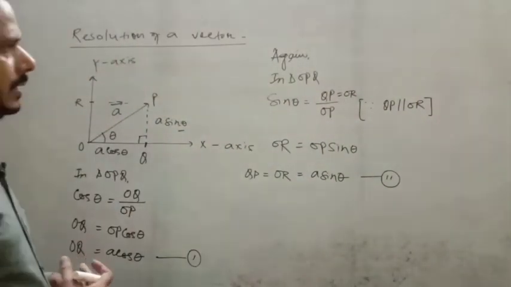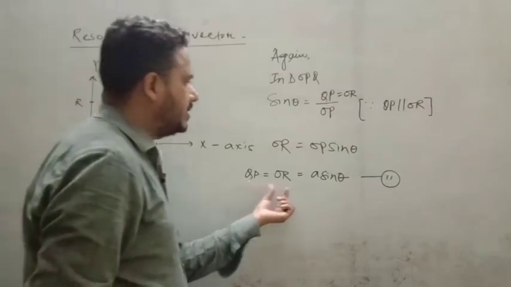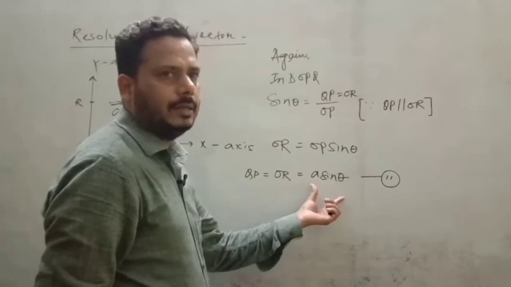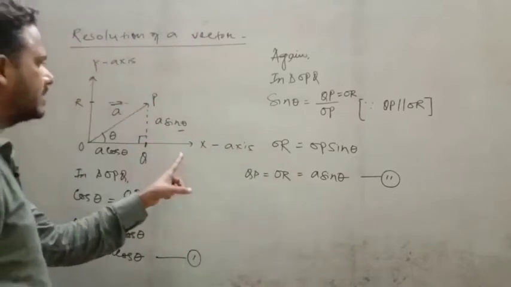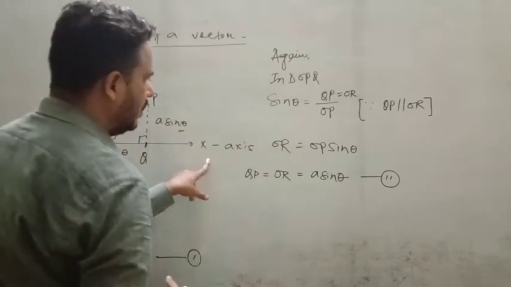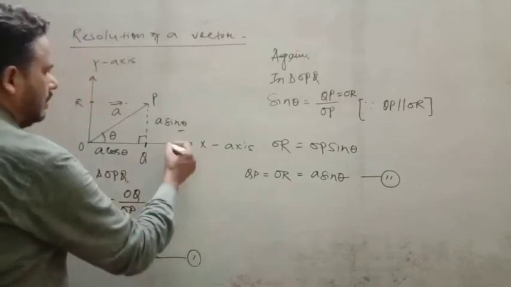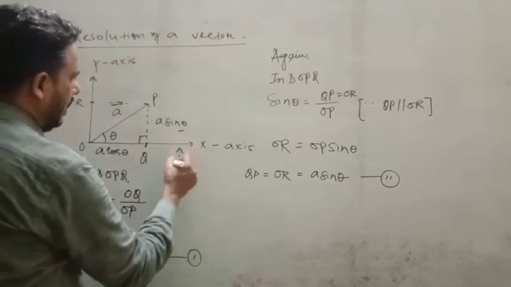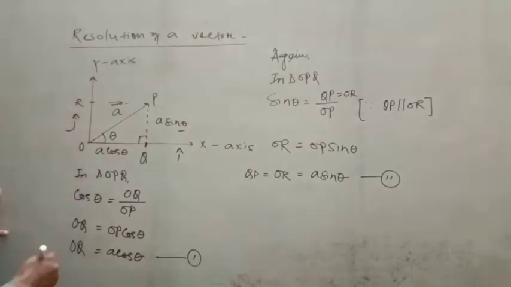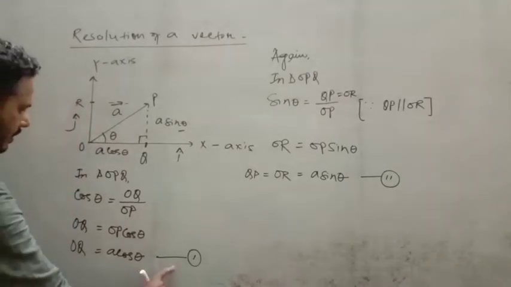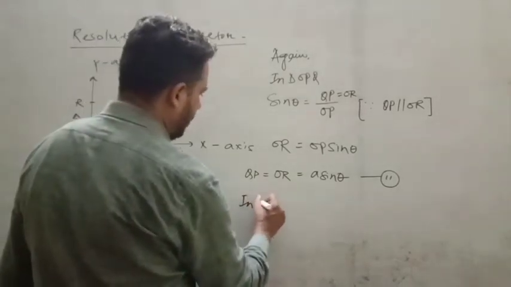Now, I just want to change this magnitude in a vector. So you see, along the x axis you have a unit vector that is called i, and along the y axis the unit vector is called j. Alright, so this one can be written in terms of vector. So in vector form,